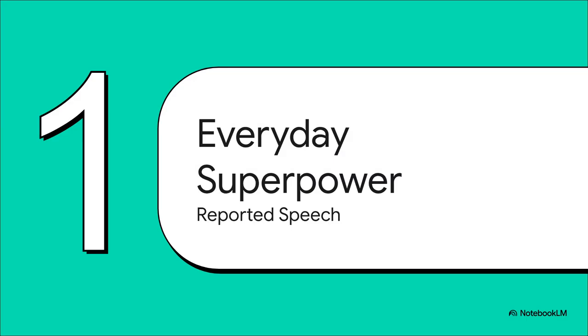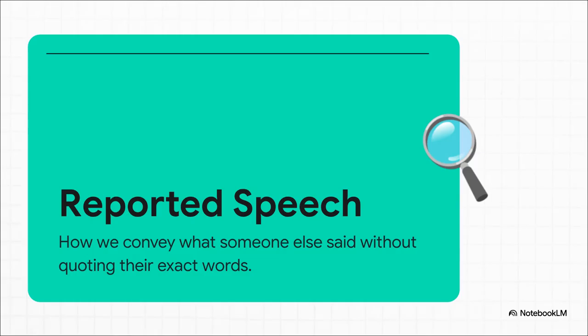And that solution, that superpower, is reported speech. Seriously, think of it like that. It's your secret weapon for telling better stories and just having smoother conversations. It's what makes everything you retell sound way more natural. So here's the big idea. Instead of acting like a tape recorder, playing back someone's exact words, you're reporting the meaning of what they said. It's the difference between just quoting and actually storytelling.